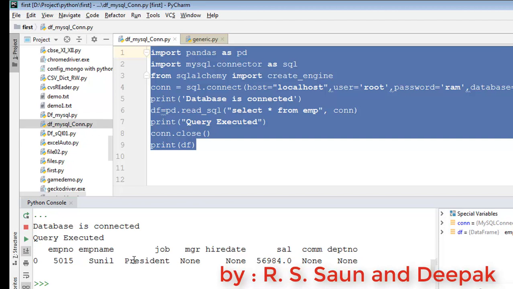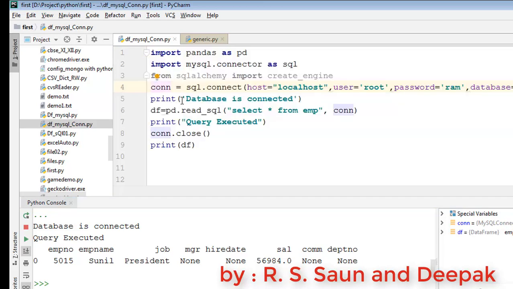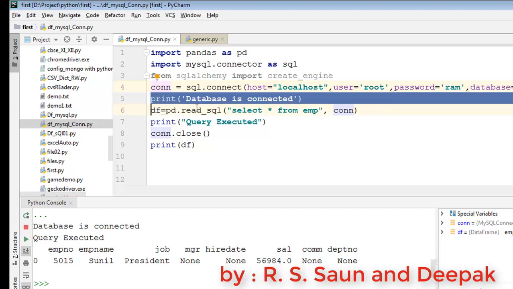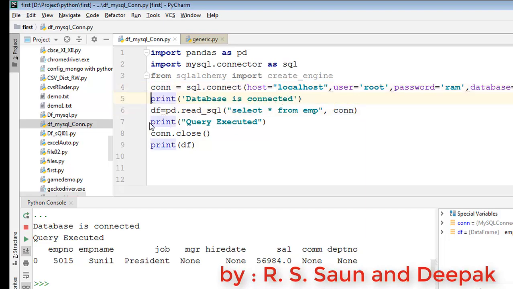Okay, so my database is connected. That means my first line number 4 is successfully executed and it didn't generate any error since this line is printed. And then I am getting query executed. That means my second or sixth statement is also perfectly correct, as my seventh statement is executed. Okay, query executed, and then